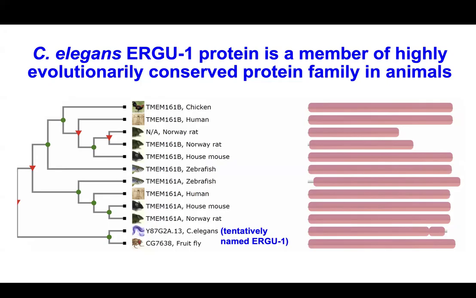mammalian counterpart named TMEM161. There are two paralogs, A and B, in most of the mammalian genomes, including human. And in Drosophila, there's one single homolog, just like in C. elegans. So this is based on the sequence conservation. This is a broadly conserved protein family with understudied function, and there are